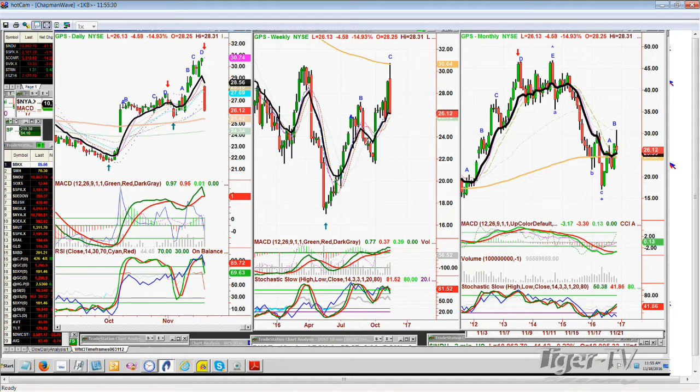This is all notated, but I didn't have the down arrow. And then I'm looking at this. I said, okay, GPS, and I look, it's down $4.60 at 26.10. Earnings must have come out.